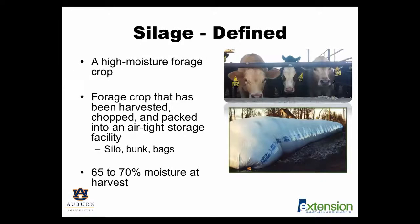So silage defined, silage is a high moisture forage crop, or one that has been harvested, chopped and packed into an airtight storage facility. So traditionally, we might think of silage in large silos, especially in the northern U.S. That's something that we see or have seen traditionally a lot. But the way that we store silage in the Southeast might be a bit different or has changed from that kind of silo approach to more being stored in bunks or even these large silo bags that are shown here